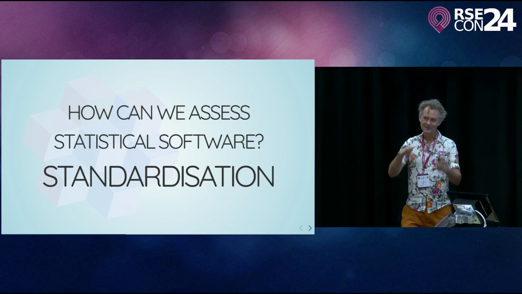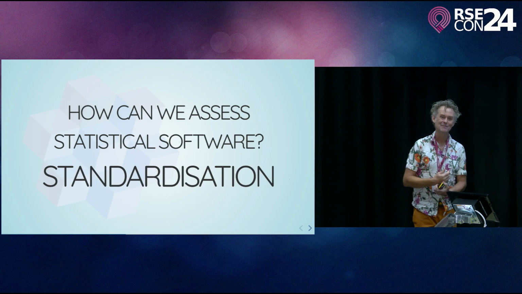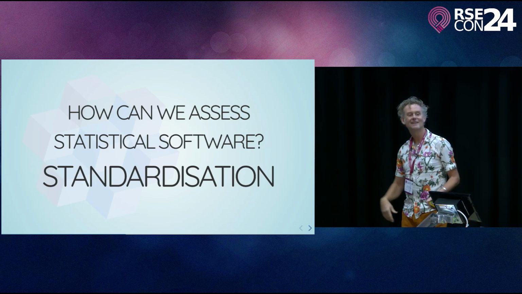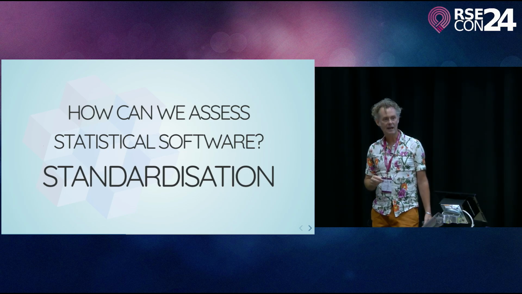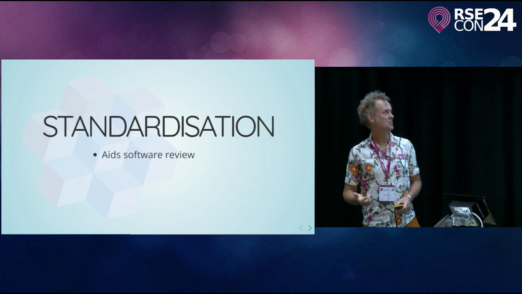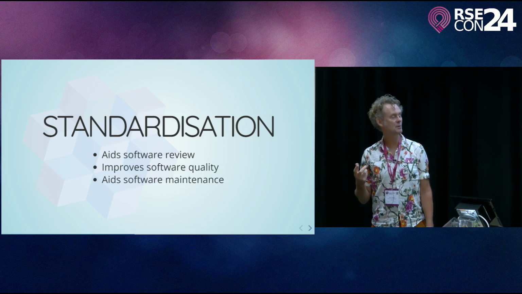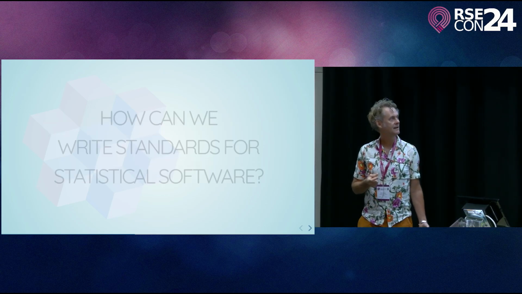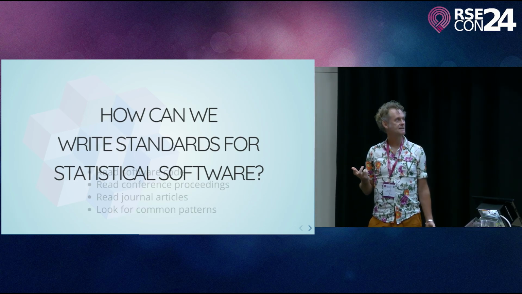What we did not do here was, there's probably people here who've seen this XKCD comic about the perils of standards: what you do when one lot of standards doesn't agree with another one, you make up another lot, and at the end you have just more standards. This is not the case of that, because there simply were no standards for statistical software at all. So we were the first ones doing this. We were literally making up an entirely new set of standards where none had existed before. And we did this because not only did we think that standards would aid the software review process, but we were convinced that standards themselves, through authors of software having to address them, would improve software quality and aid software maintenance.